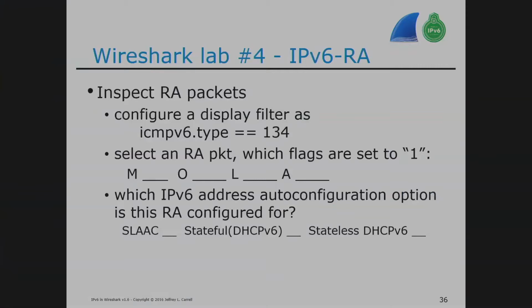Finding these flags in the early stages is not really intuitive. Where are they? Okay, the packet can't be that big. Agreed. But where in the level of the packet do those bits live? And then, just looking at those flags, you ought to very quickly and easily remember that chart and be able to tell, okay, which process is this router telling the client to use to get its address? SLAAC, stateless DHCP, stateful DHCP, or no flag set is how I'd want it if I'm doing an all manual, an all static configuration with my clients. I don't want the flag set. Well, maybe the L flag, the on-link flag.